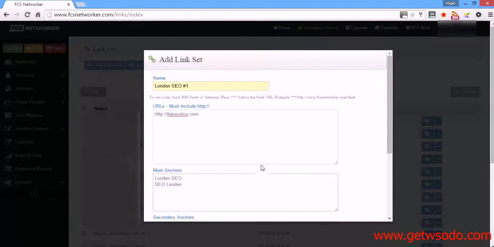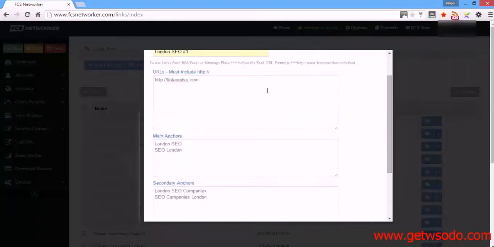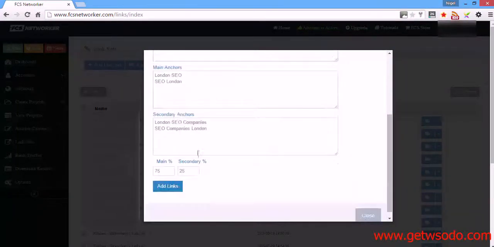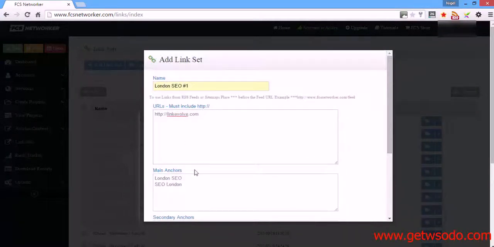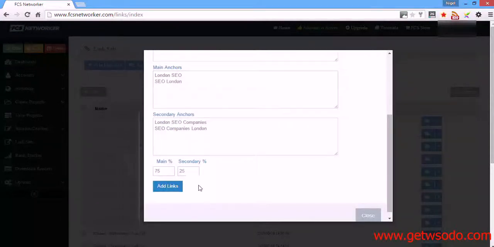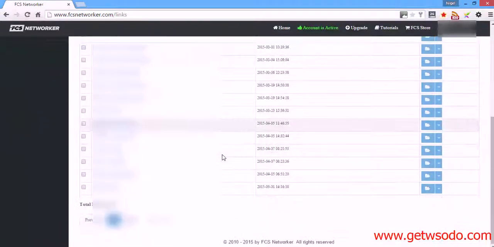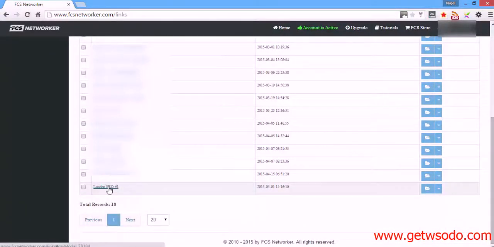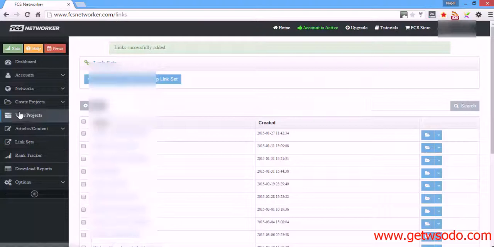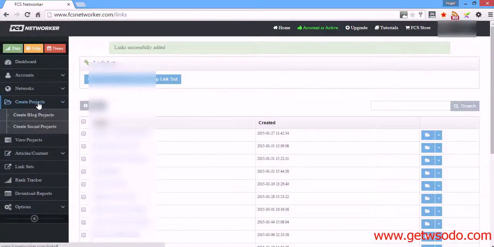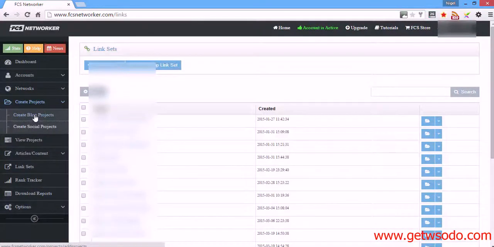So when it's posting and it comes to get a link, it will make sure that 75% of the links are from the main, and then 25 from here. Do 50-50. It's one of these things that you need to mess about with. So add links, and then there they are at the bottom. So okay, now we're ready to create a project. So you click create projects, and we're going to create a blog project,